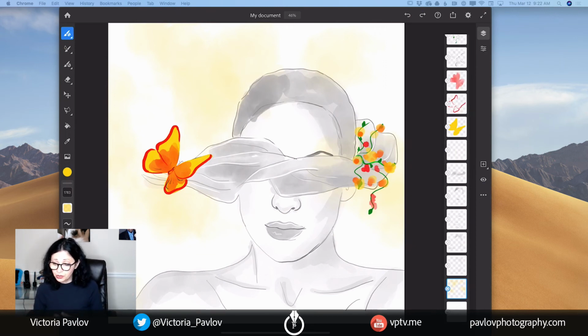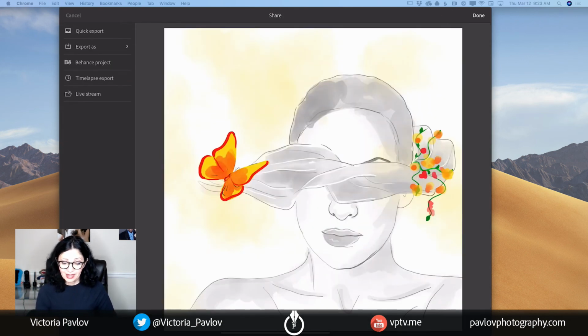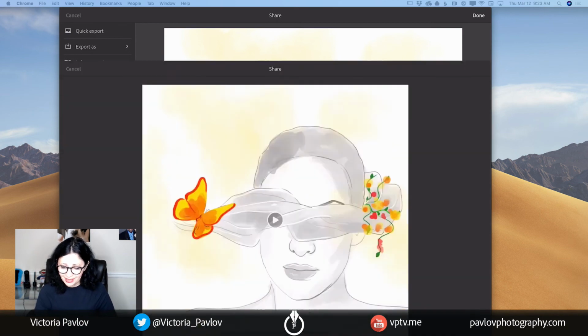And now you can share your project. You can save your project to your Creative Cloud library, Creative Cloud document. You can do anything you like. But as usual, I would like to show you the last thing. If I click on the share button, I will click on publish and export. Here we have time-lapse export. I will click on it